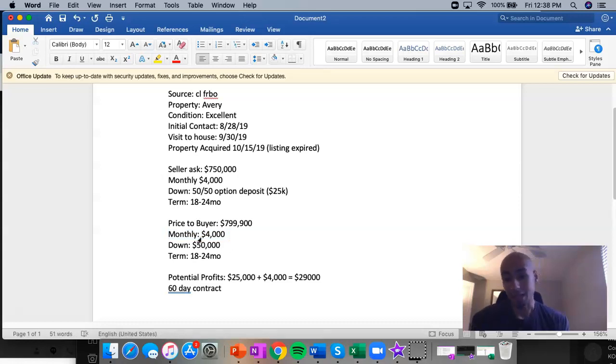But that's one route. It's not the route that I want to focus on, but I want to do what's in the best interest of the seller, right? And if I'm saying that it's going to take me 30 to 60 days to get this done, she's going to keep making these payments of her mortgage payment, which is close to this 4,000 number. So for me to really help her out, she has the option to still rent it out, which in my mind, it's a lot easier to find a renter who's only going to put up first, last, and security, who's not going to be responsible for all the repairs, who has no intentions of buying the